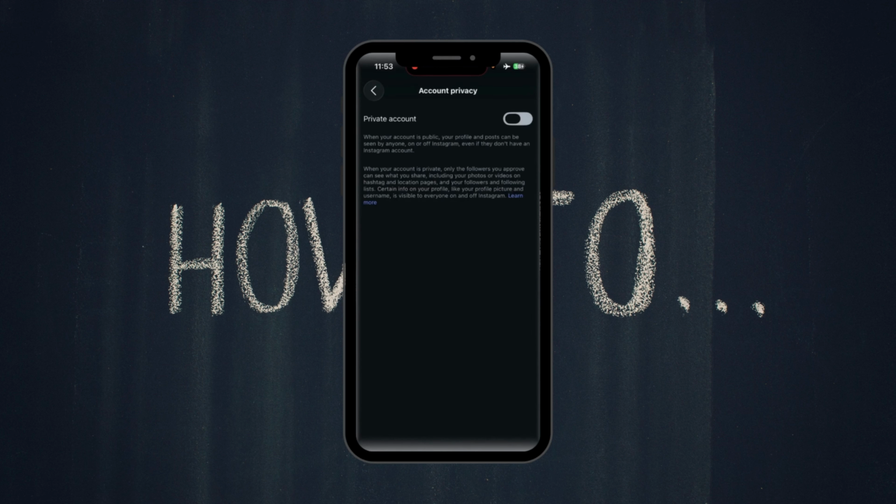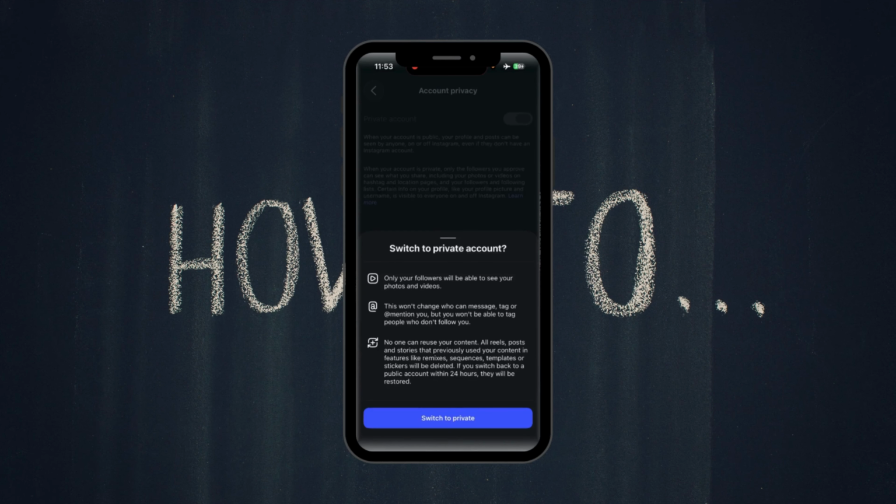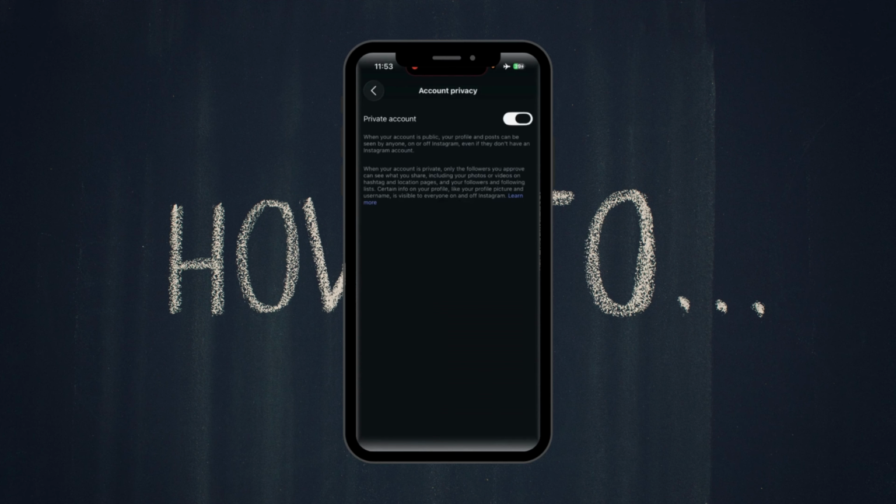Then go ahead and toggle private account on. So turn this on. Then click switch to private. So if you switch to private account, your profile and posts cannot be seen by anyone, also your photos